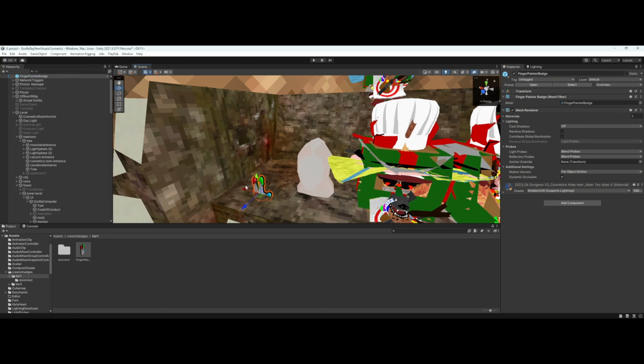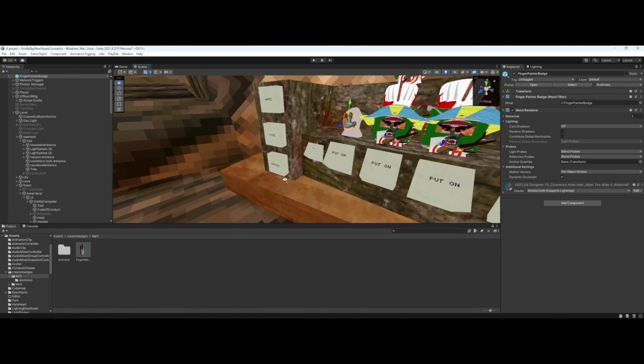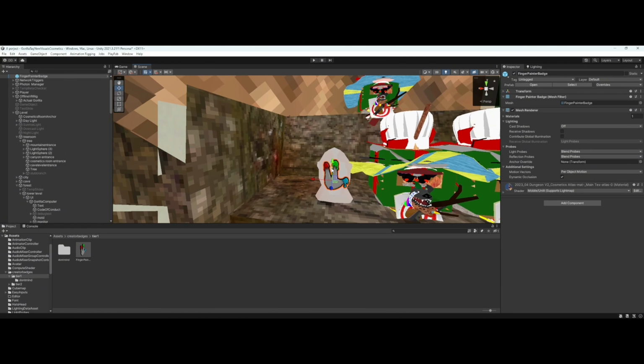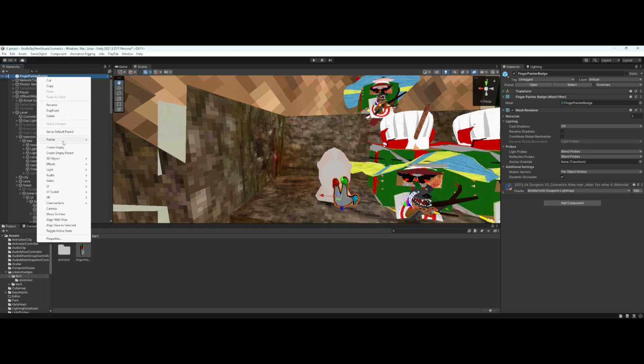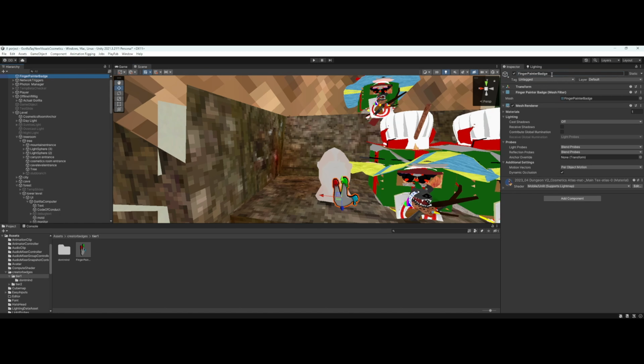Put that on wherever you want that to be. So, I don't really care how it looks, so I'm just gonna put it like right on the face, just so people know it's like finger painter, or maybe not on the face, but I'll just put it where it usually goes. I guess I'll put it right here as finger painter. Then we're going to unpack completely, call that FP, and drag this into